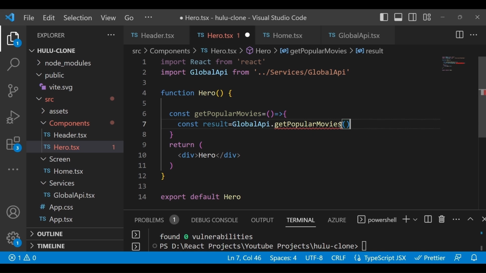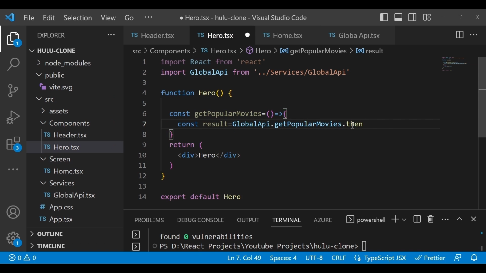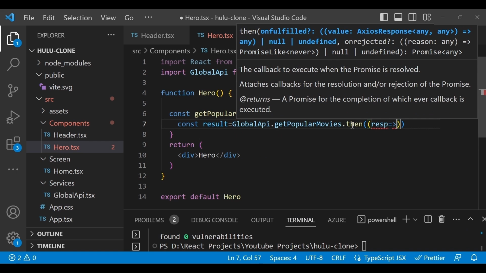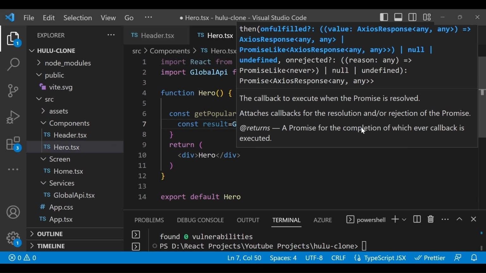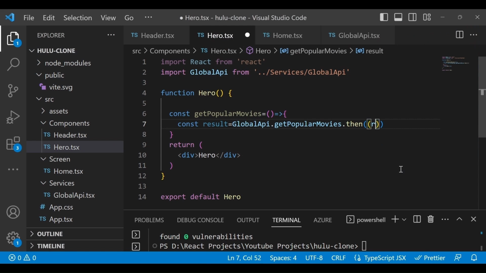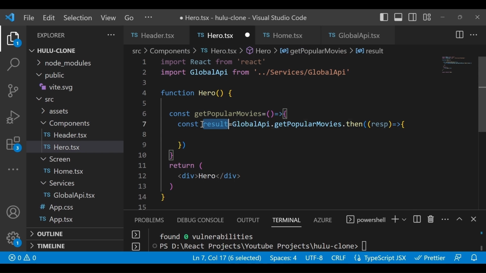But here we have to fetch the data, right? Then you have to mention then, and in then we have the response. Oh, sorry. So here we write response, and after we get the response, we will store the result in a result variable.